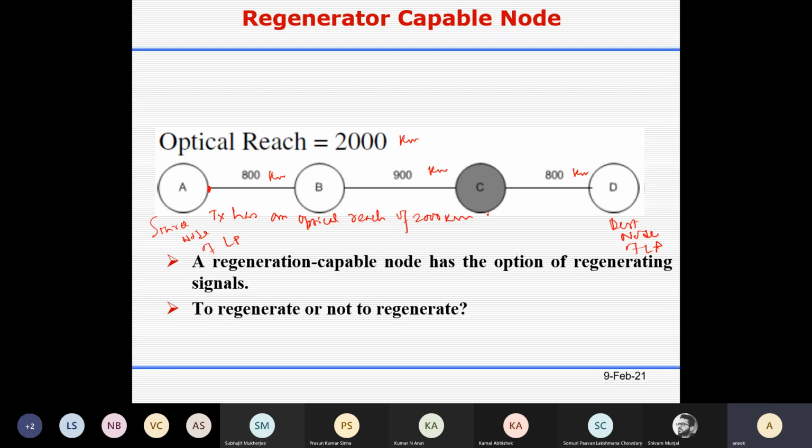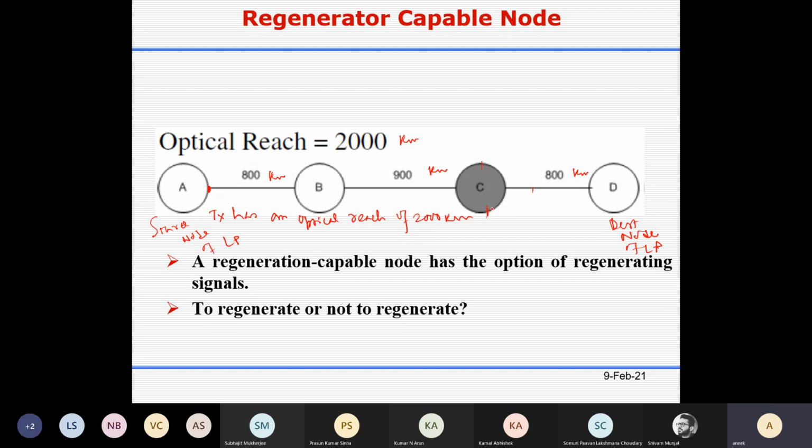Regenerator is generally available at the nodes only. Because it is an OEO device, it is an active device, and an active device you cannot put in the field. It should be in a proper location, where along with other active devices you also use a regenerator. So a regenerator is mostly available in nodes where your optical cross connect is there.